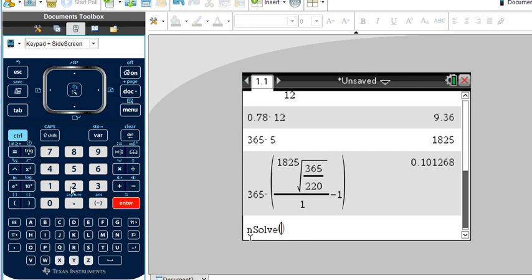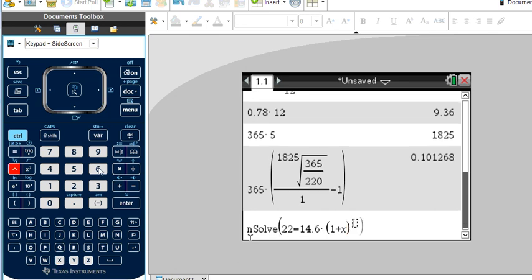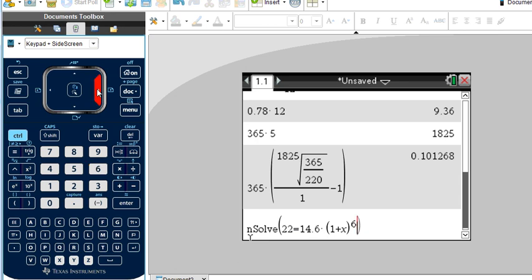And our equation is 22, representing 22 million, equals 14.6, representing 14.6 million, times open parentheses, 1 plus R, which I'm going to say is X, to the power of 6, and then we're going to press comma, X,